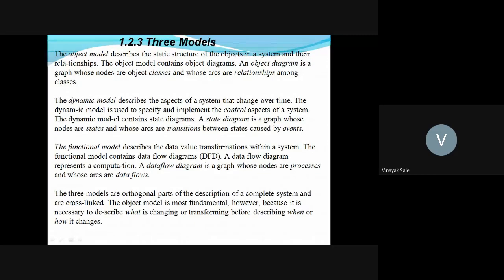So it shows the relationships between the classes. The dynamic model shows the transition of the states and events, and the data flow diagram shows the processes. Then the fourth part,